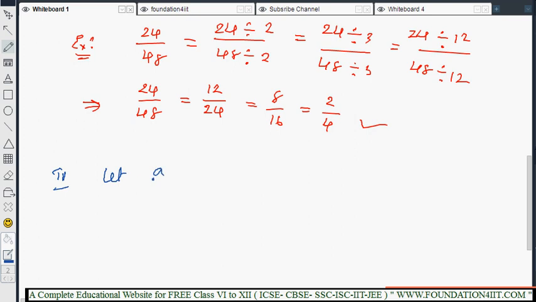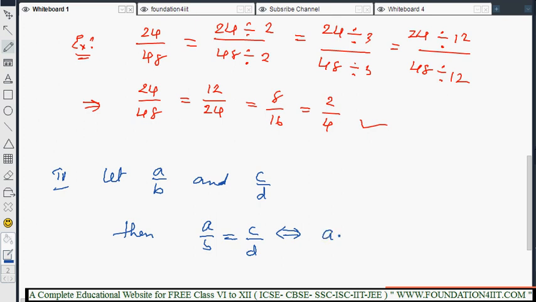Let a by b be a rational number and one more rational number is c by d. Then, if a by b is equal to c by d, if two rational numbers are equal, then